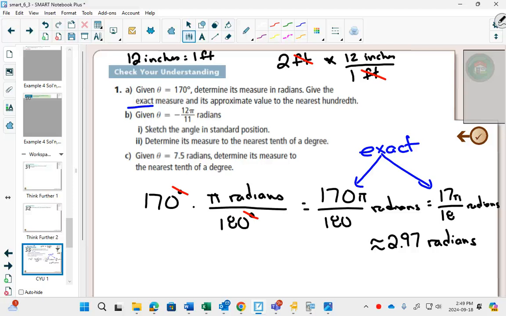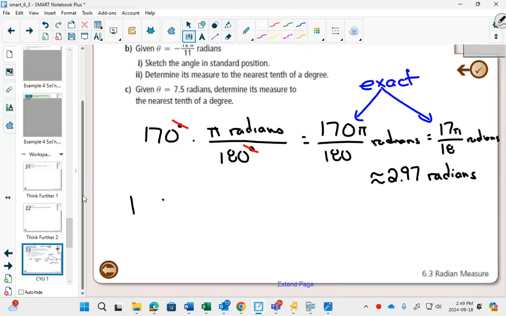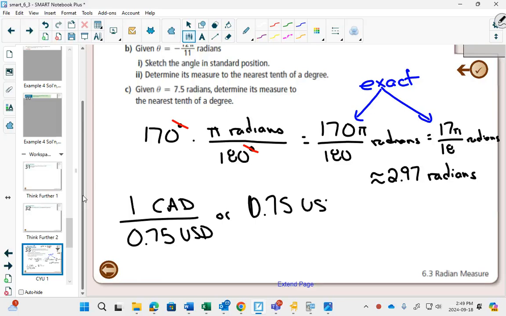And then some things are like, wow, that's so cheap in Canada. And other things are like, wow, that's so expensive in Canada. So when you do an exchange, you can use this same idea. I look up online right now, 1 Canadian dollar is 75 cents American. And I have 10 American dollars. How much do I have? Well, I can either set up a fraction like this. These are apparently equal. Or I can set up a fraction like this,